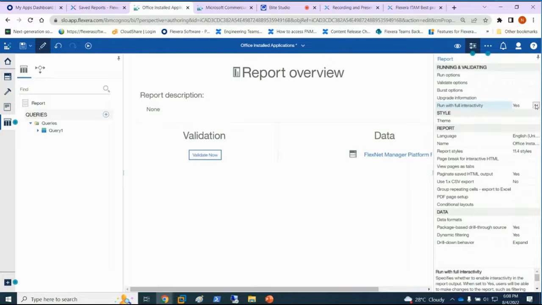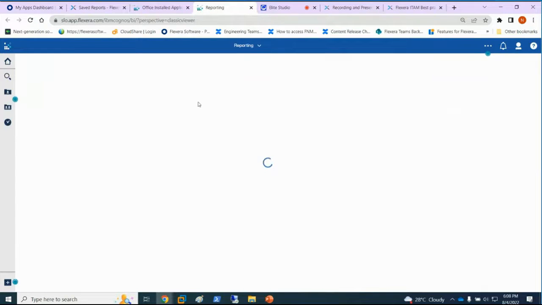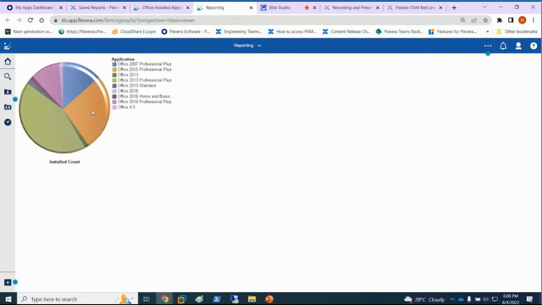And here you don't want to say, show me the link. So if you click on no for this one, save again my report. I can now run the report. And what will happen is, it will do the first report, which is collecting the counts for Office Professional or for Office installations. And here, if I click here, it will actually know which is the software title ID behind